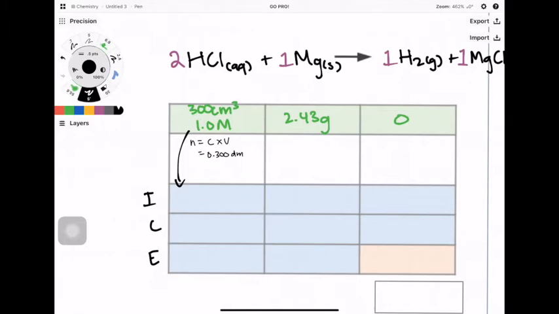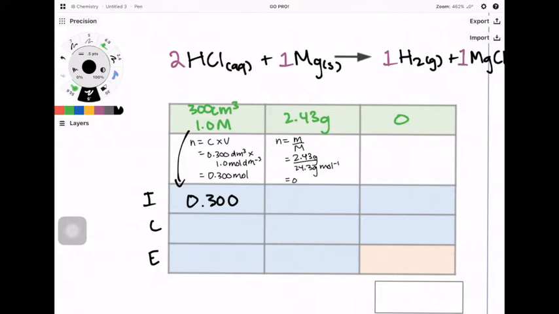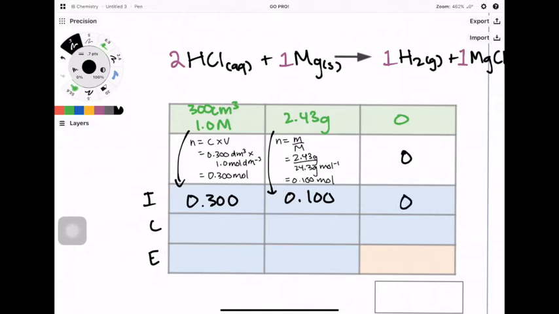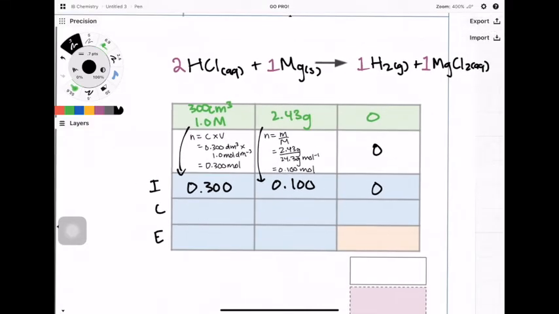Now, in order to convert these units into moles, I need to figure out what they are and use the relevant formula. In this case, concentration times volume, because it's a solution, gives us moles. In the case of the solid, we're dividing the mass by the molar mass, and that'll give us the number of moles of magnesium. Now that I have the number of moles, it's the exact same procedure with the ICE table that we saw in the previous video. We're going to take a look at 2 different scenarios. So in our first scenario, we're going to pretend we're using up all of the hydrochloric acid, and so what we'll end up needing is